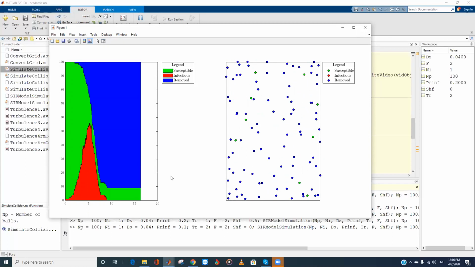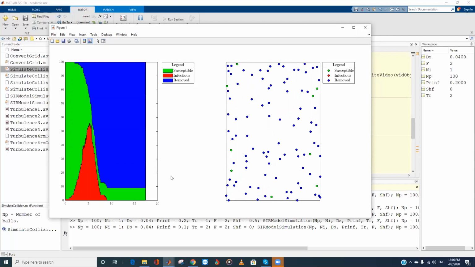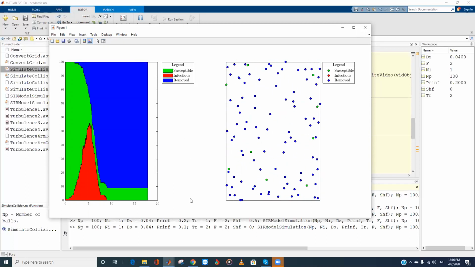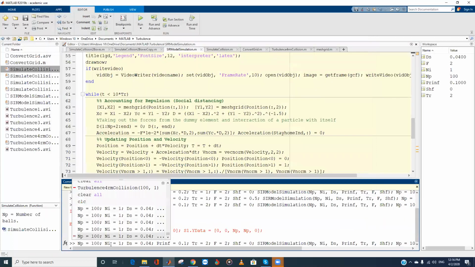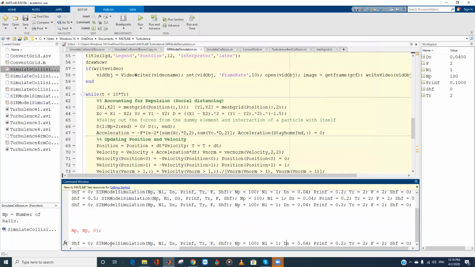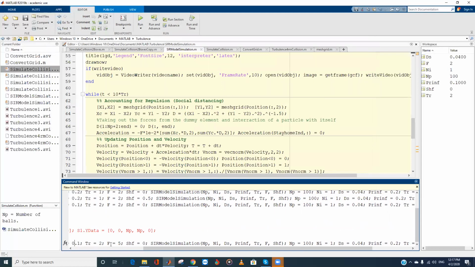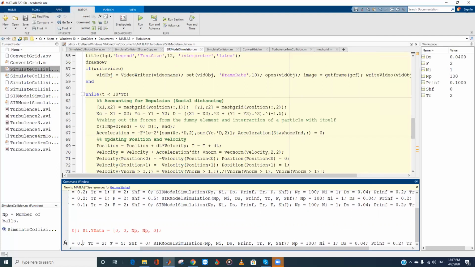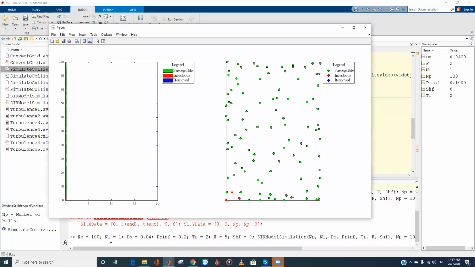Now let us look at a case where we practice an extreme kind of social distancing, but we refuse to stay at home. Let's see what that case will give. I will increase the coefficient for the personal distance, which is F, the repulsive force. I make it 5, and I kept every other thing the way they were. So this one goes back to 0.2, and everything else remains the same. Let's see what the results of this will be.